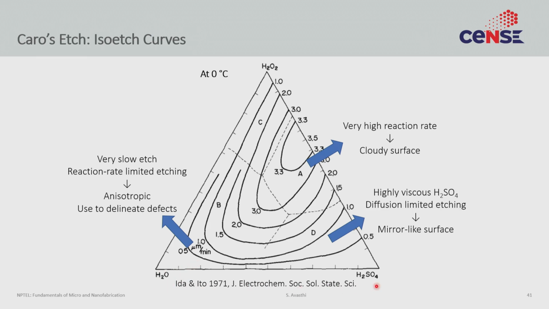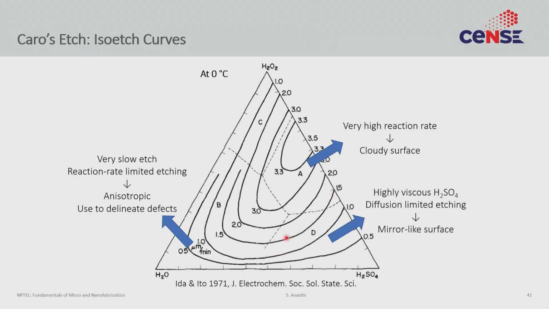And what you end up making is a very similar looking iso-H curve, very similar to what we saw in the HNAH lecture. So I will not go into details of how to interpret this curve. You can probably look at that lecture and interpret this curve similarly. Just for now, it's sufficient to say that what you're actually looking at is concentration. On one axis, it's changing concentration of water. On the other axis, changing concentration of peroxide. On another, the changing concentration of H2SO4. And you get these lines which represent constant rate of etchings.